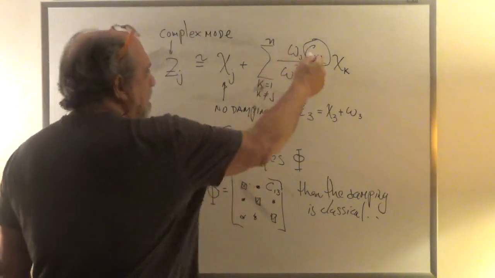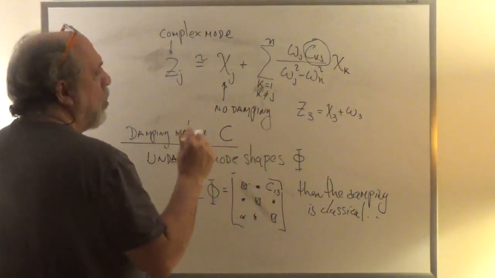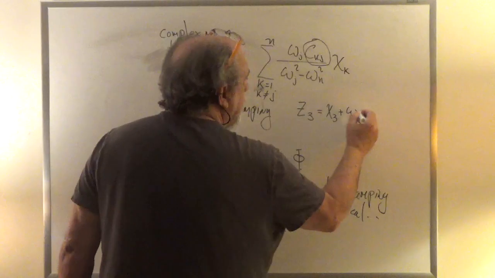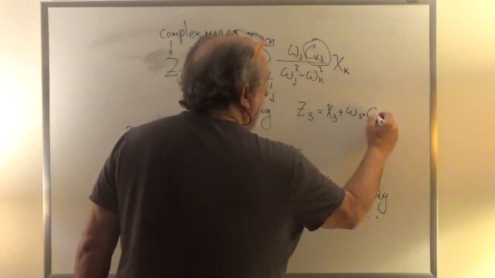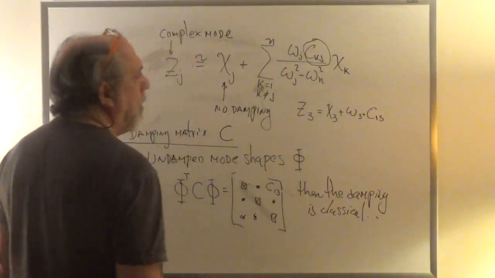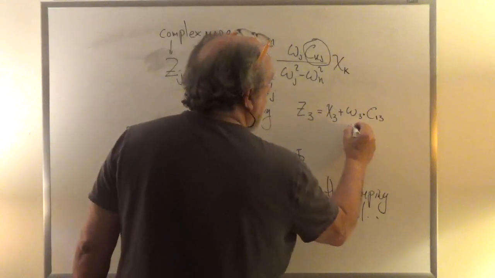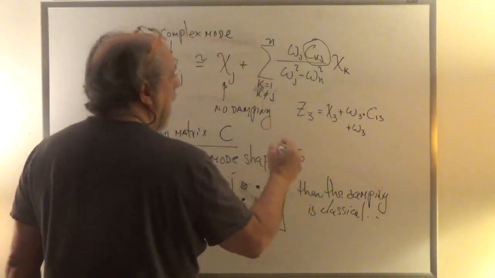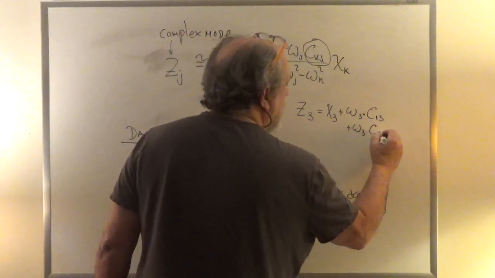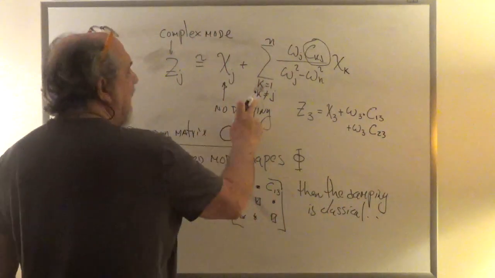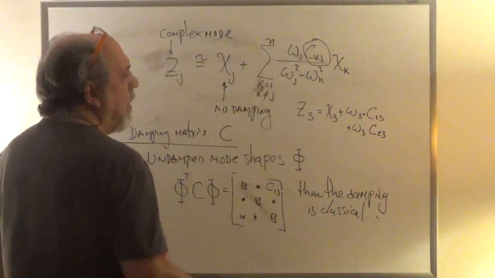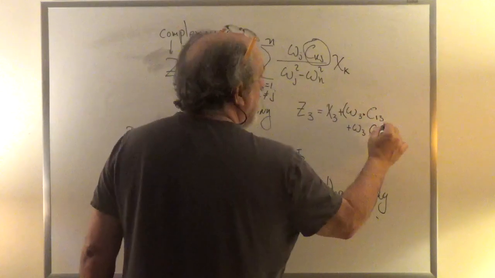And then I'd have to take the other one and the other one, plus omega 3 times C23, because K is not equal to J ever. So that sum,